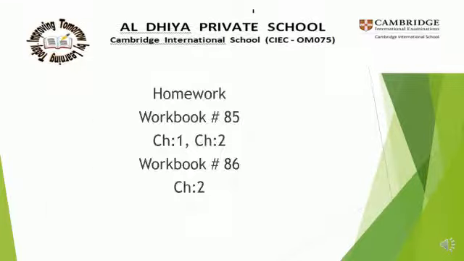Okay, now homework. Take your workbook, page number 85. Challenge 1 and 2. What is challenge 1? Now I am going to tell you. Circle the correct position of teddy. Okay, now where is the teddy? You can see in your book. That is next to the tent or in between the tent. Okay, this is very easy. Next to or between. Then in the B, this is behind or in front. Behind means back side, in front means front side.